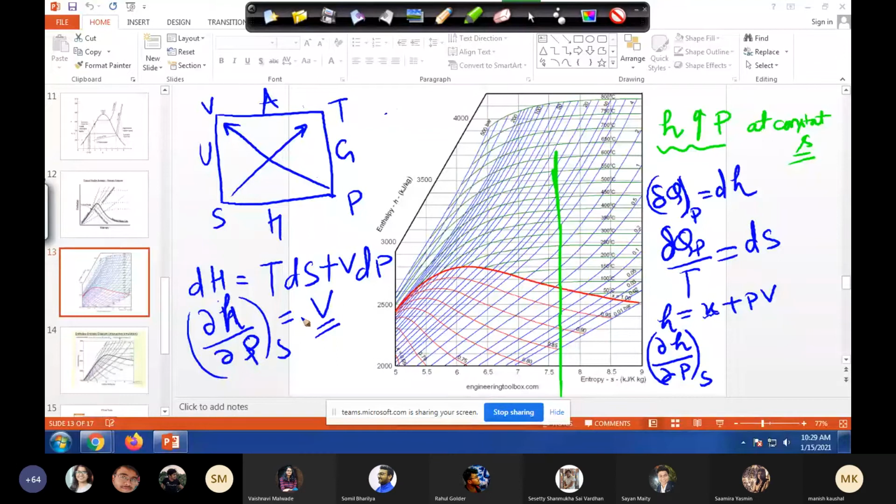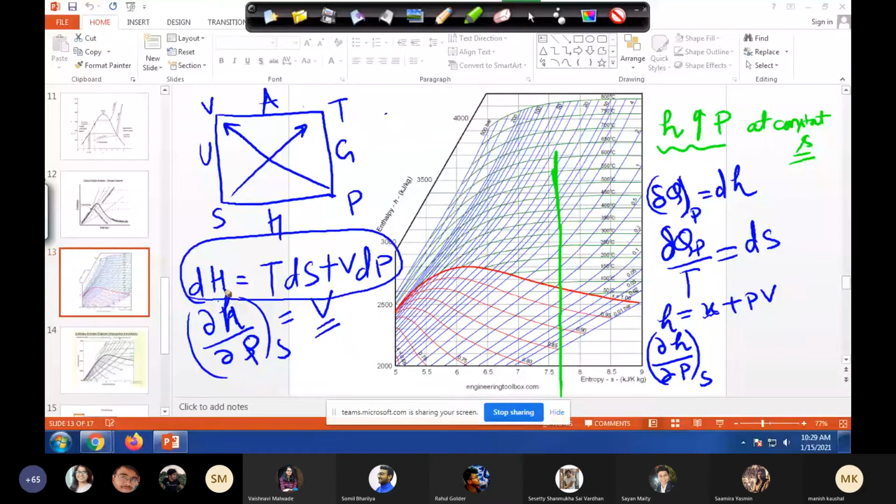There are so many things which are too early to ask. But since you asked, just take this as a curious point, and then we'll come back to this curious point. The diagram which I drew is just a smart way to learn these relations. These relations are called Maxwell relations. Maxwell gave nice relations in thermodynamics.